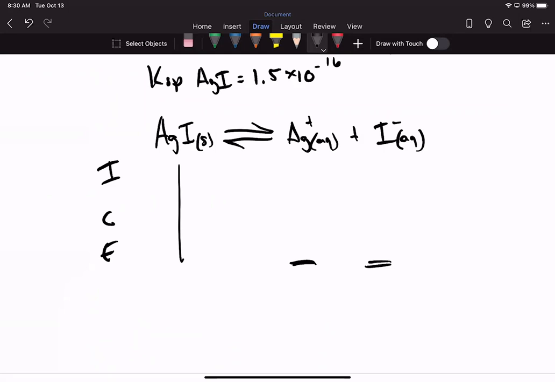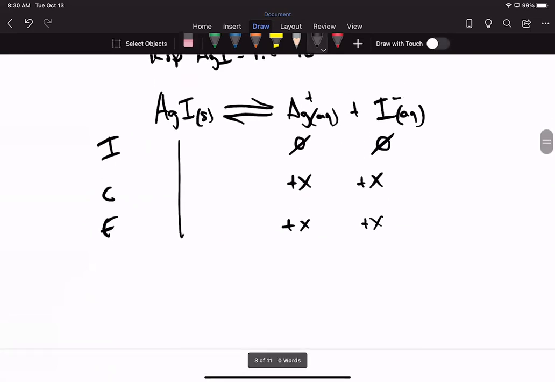Yeah, it's like water, right? Exactly, just treat it like water. So here, I don't have an initial concentration of silver or an initial concentration of this iodide, right? But I will, which means I'm going to have plus x and plus x. So this is 0 plus x, and this would be 0 plus x. All right, so essentially, we don't even have to write the 0 plus x there. We'll just write plus